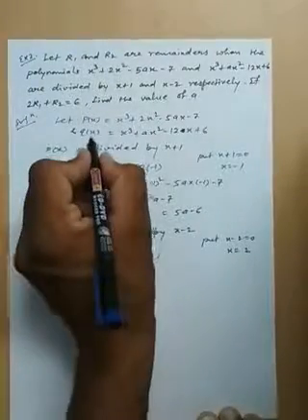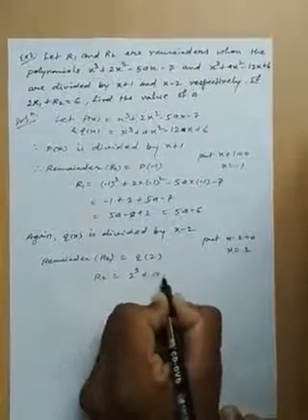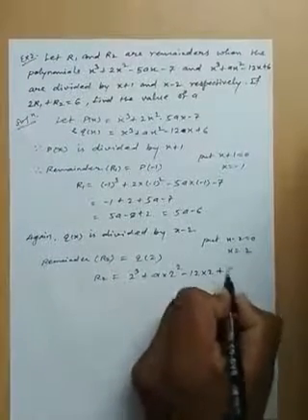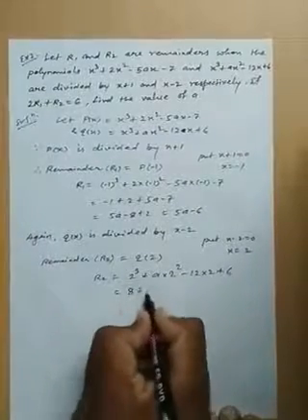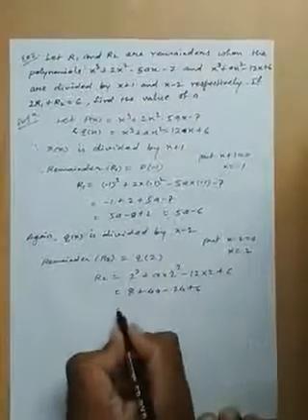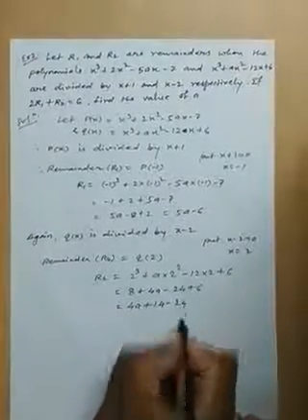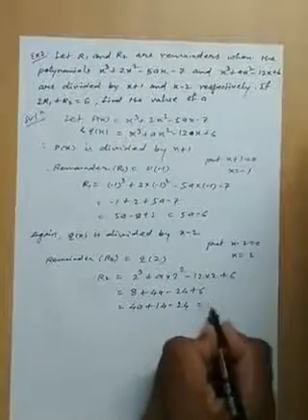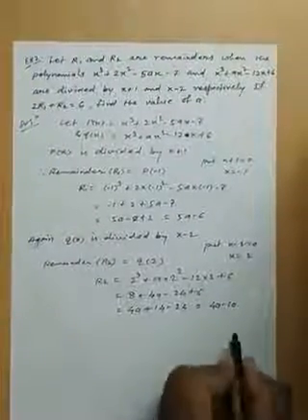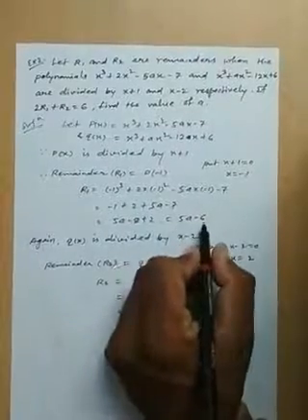For finding Q2, in Qx we can put the value of x. So 2 cube plus a into 2 square minus 12 into 2 plus 6. 2 cube is 8 plus 4a minus 24 plus 6, and 4a, 8 plus 6 is 14, minus 24, 14 minus 24 is minus 10. So here the value of R2 is 4a minus 10 and the value of R1 is 5a minus 6,